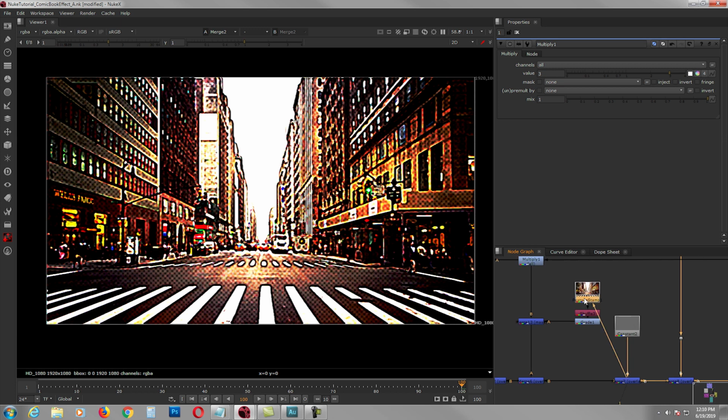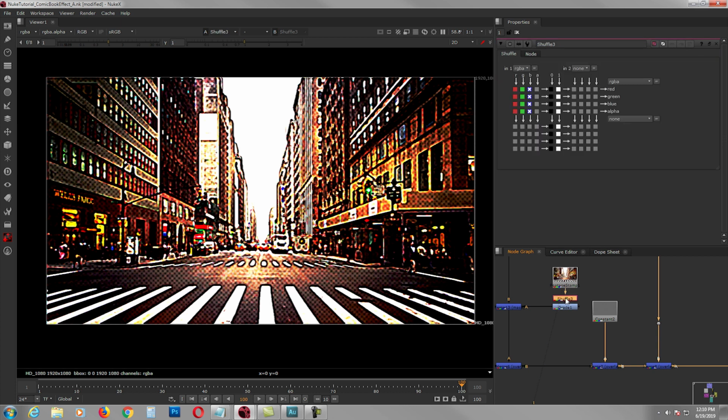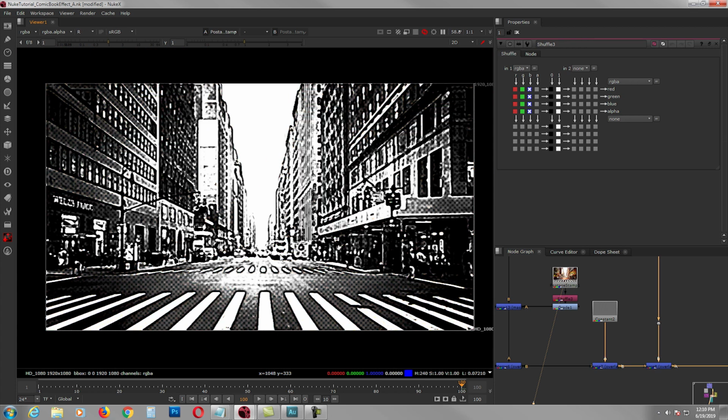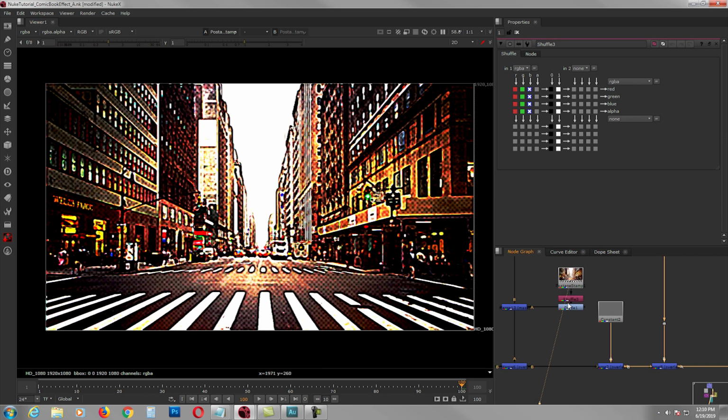So what I did was I postage stamped this information right here and I shuffled it to the blue channel. The reason why I shuffled it to the blue channel is when you go to R, G, B, the blue channel has more bright information that is really clear, so I want to use that bright information as an alpha. So if you go back to switch it to RGB,